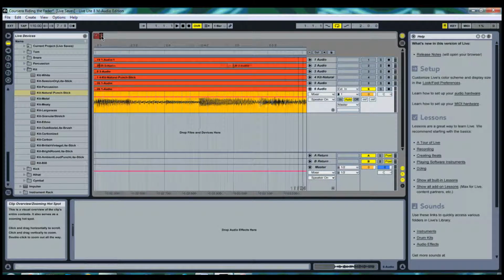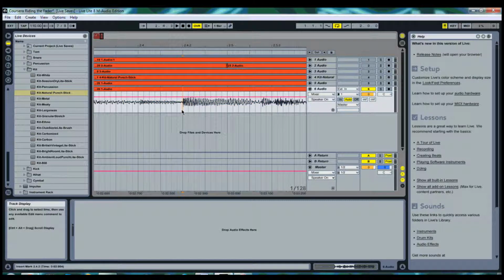This track here that I've highlighted is a guitar track that I recorded for this example. If we zoom in a little bit and take a look at the waveform, you'll see that there are areas where the volume of the notes are louder than others. This red line going across horizontally represents the volume by which the track will be played at. If I pull it up, the volume increases. Pull it down, it decreases. It's at 0 dB, which is the default setting, and the original volume of my recorded instrument represented in decibels